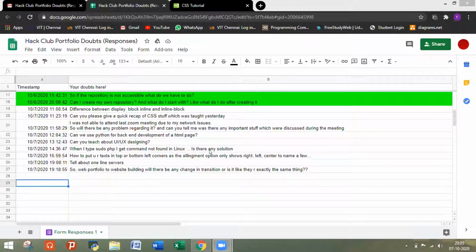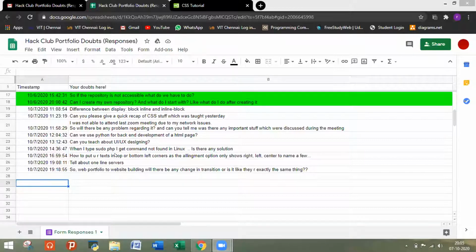Because this is basically for Linux, I guess. And if you're running on Windows, why do you need this? Is there someone who has this doubt in the lobby? Please unmute yourself and tell us. Okay, maybe he hasn't joined today. I don't think the person is there. Okay, let's move on to the next one.